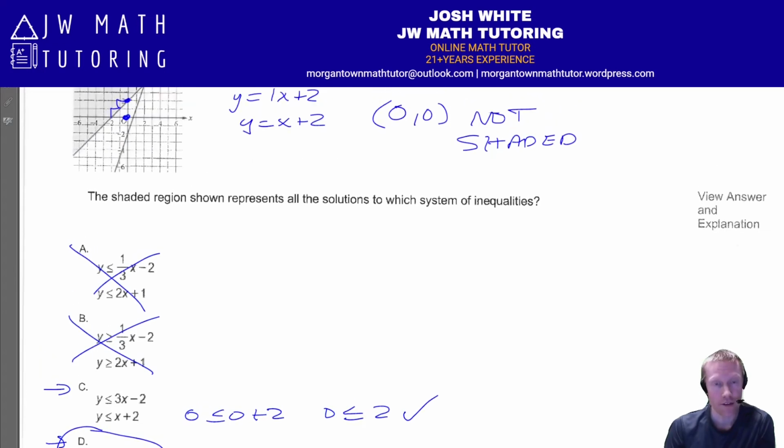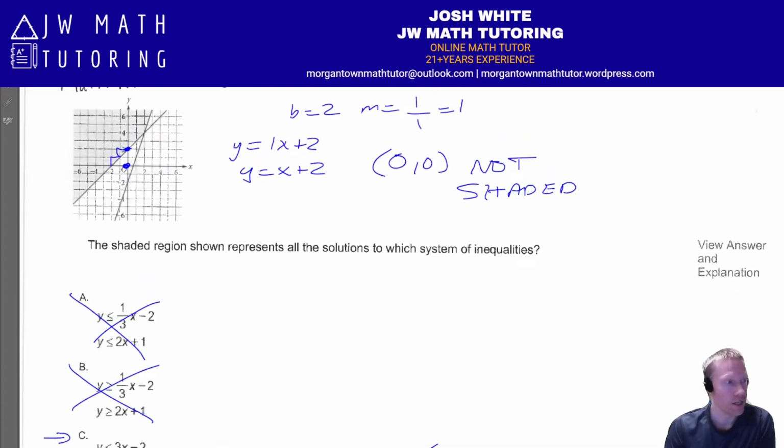Notice that I only had to identify the line and the shading for one of the lines in the problem. I did not have to waste time doing both of them. However, I will just show you and confirm for the second one as well in case you wanted to do that one. So if you look at the other line here, in the graph,